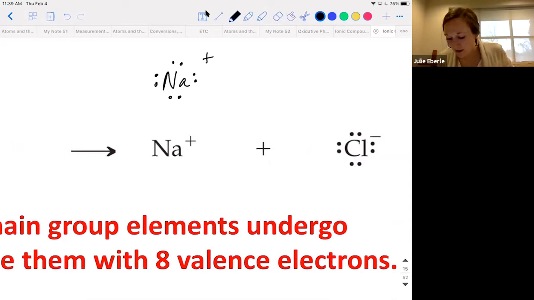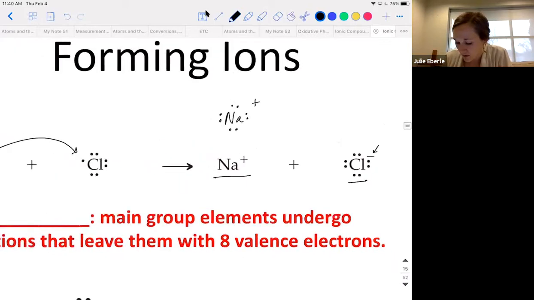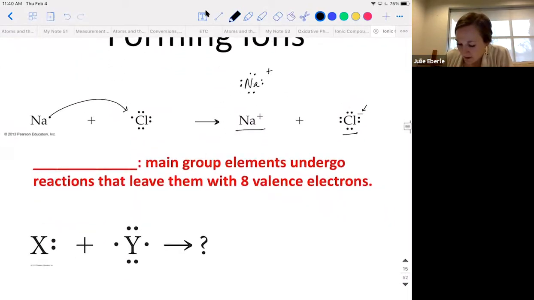But it's very much more common to draw group 1 and 2 elements like this, with technically no valence because they've given their valence away. Okay. So we draw sodium with a plus, and then you draw chlorine with all 8, and then you have to write in the minus charge as well to be complete. And our ability to know what's going to happen and to predict whether elements are going to give away or receive electrons, and then also predict what kind of charge they're going to have, is made possible by the octet rule,